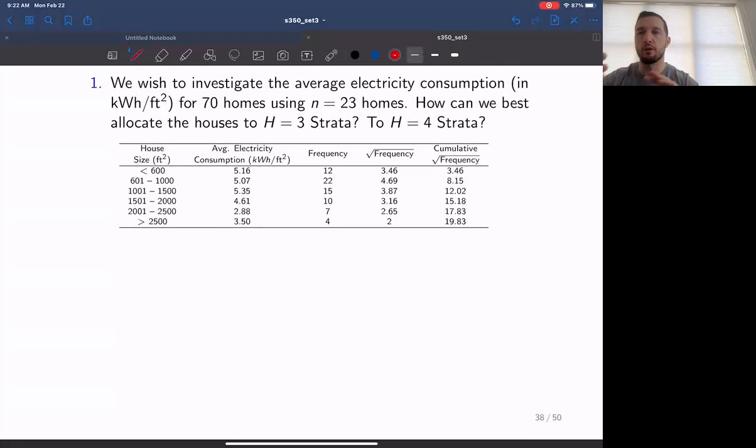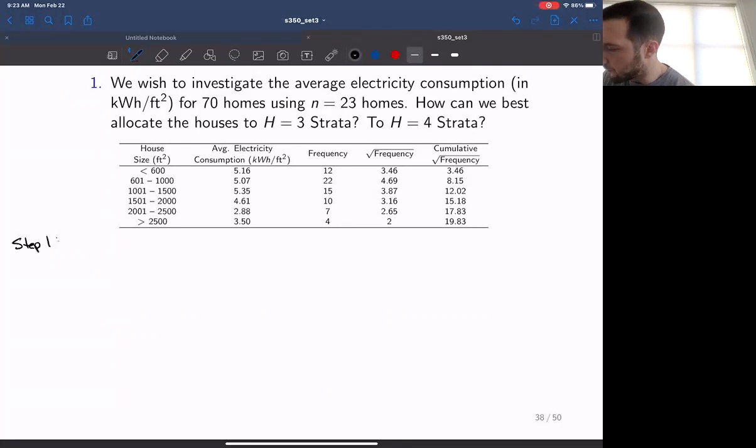If I have 4 strata or 3 strata, and I wanted to compare the estimates that I received from the 4 strata approach or the 3 strata approach, I could do that by comparing the variations, and the smaller variation would imply a more precise estimate, since we know that the estimates are unbiased in that case. Okay, so for this particular example, how can we best allocate the houses into either 3 strata or into 4 strata? Okay, so the first thing that we'll do